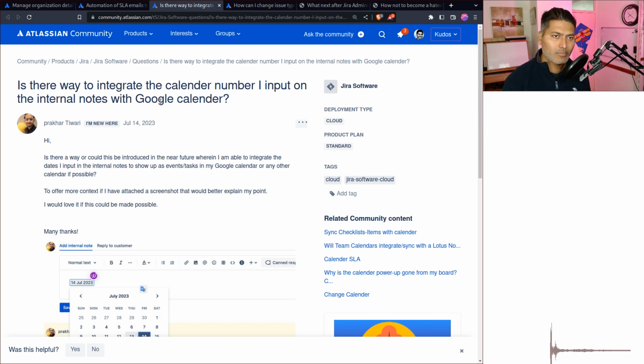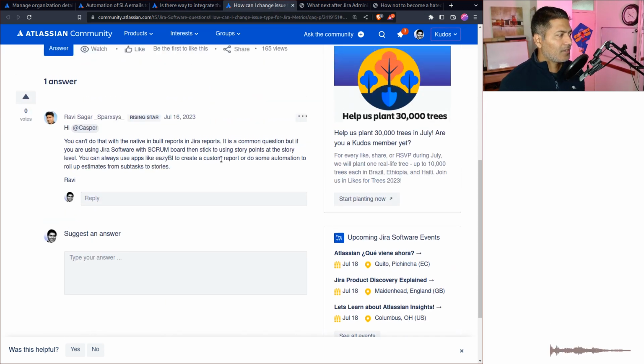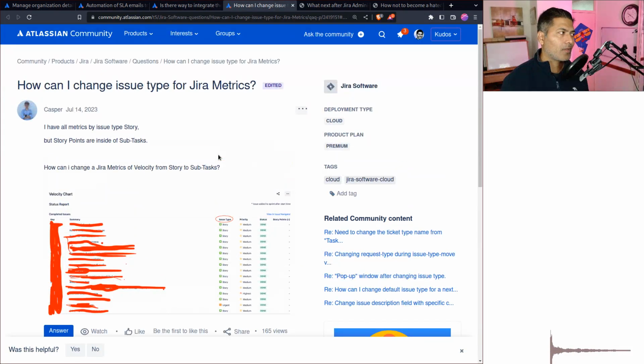It is of course a simple solution, but it works nicely, and I thought I'll probably mention this. The next thing is about story points and subtasks. Now, if you're regular on the community, I am very regular on the community. I go to the Atlassian community almost every day to, of course, keep myself up to date with whatever people are asking. And this question